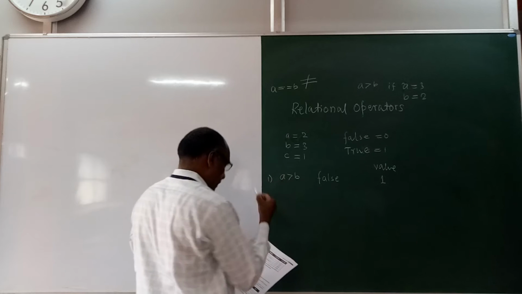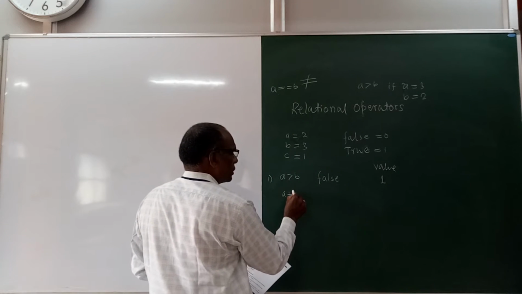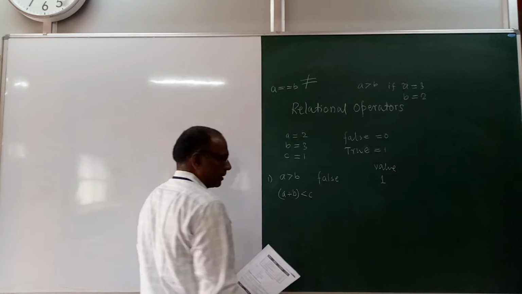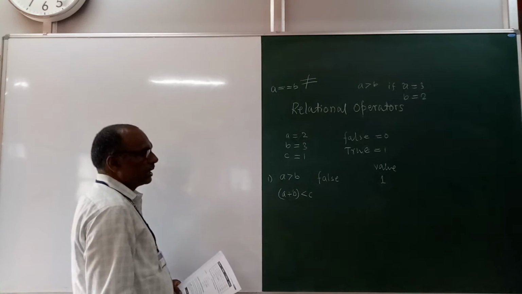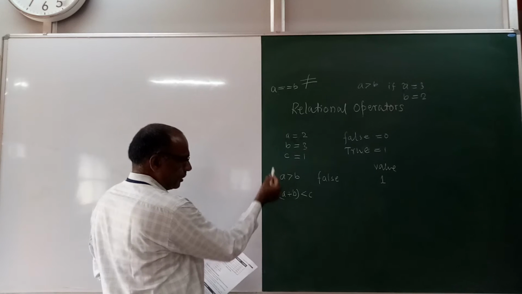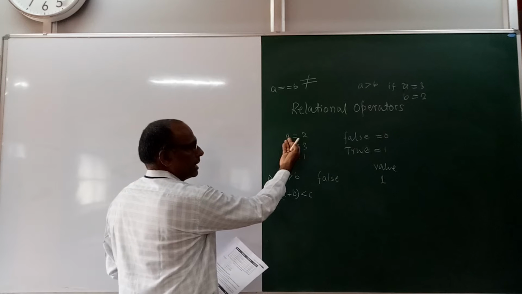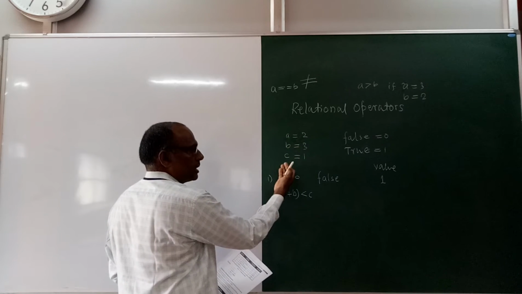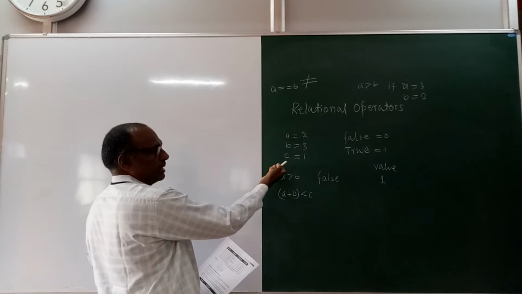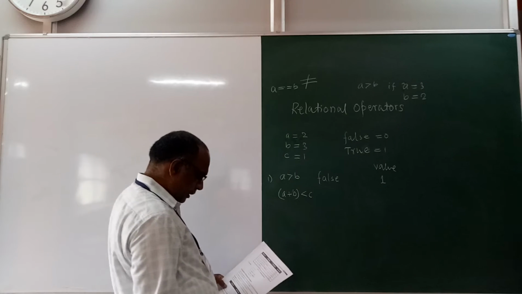This is one example. Let me write using this, say A plus B, addition, is less than C. This is an expression called a relational expression. When I substitute, or when the computer accepts as an input, say A is equal to 2, B is equal to 3 and C is equal to 1, our computer can initialize, we can store the values of these variables in the memory. So